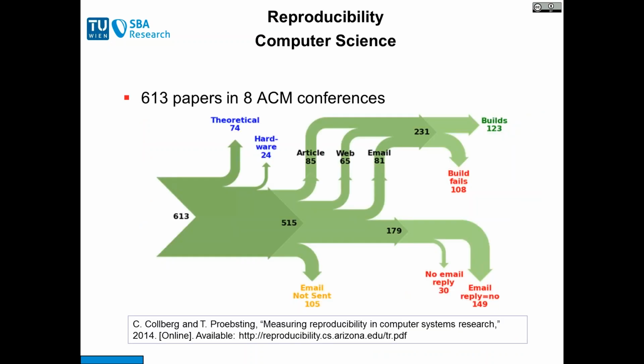The other one is depicted in the figure that you can see right now. This is a study made in computer science on reproducibility of papers. Researchers analyzed 600 papers from 8 ACM conferences. ACM conferences in computer science are, let's say, some of the best conferences. Out of 600 papers, 500 papers claimed that there is some software that was produced in the course of the research, and only 123